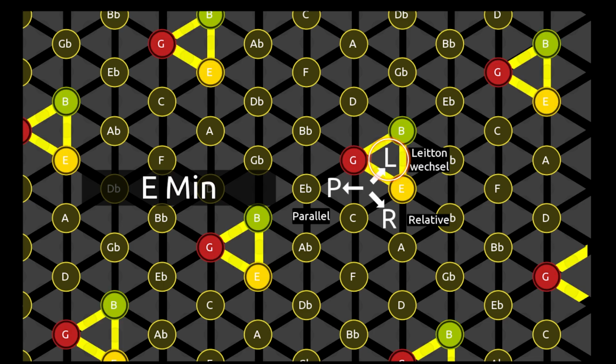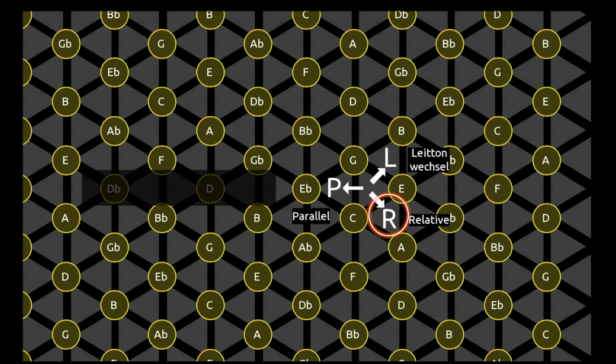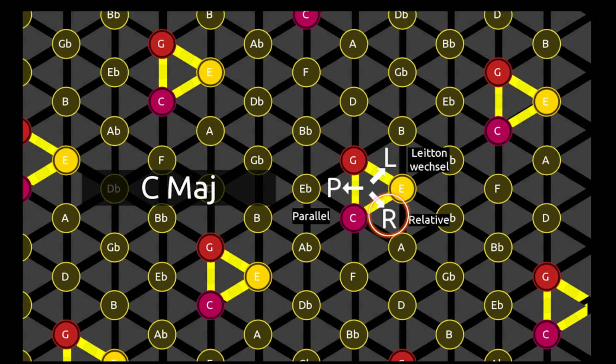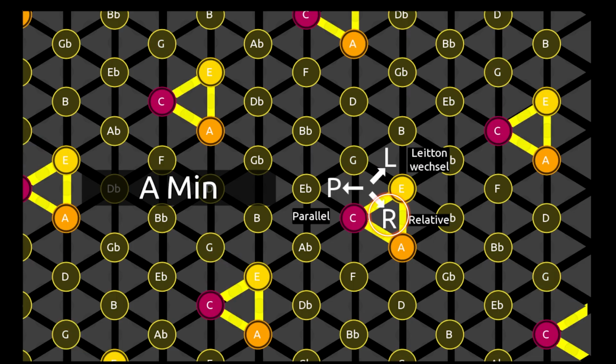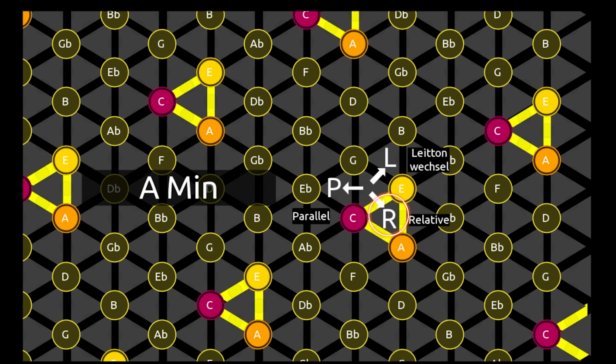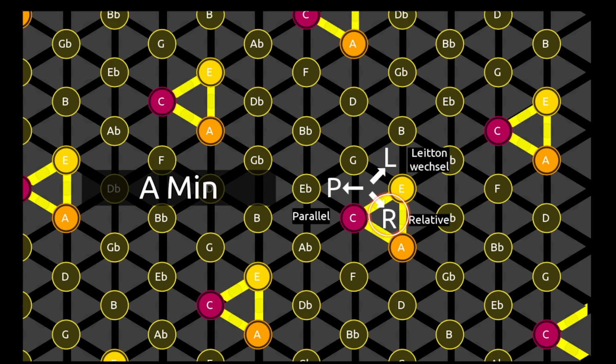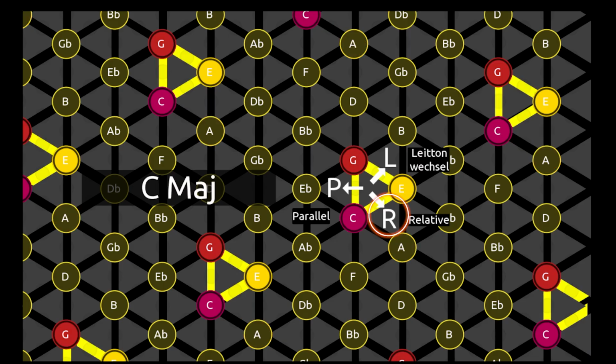So when switching from C major to E minor, the root of C gets replaced with a B. And then there's the R, a relative shift between relative major and minor chords, like from C major to A minor. These transformations connect triads through minimal voice leading, which means one note changes, helping composers explore smooth, expressive harmonic